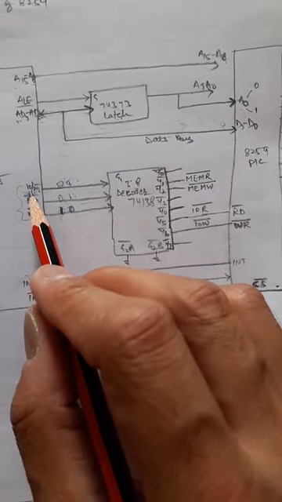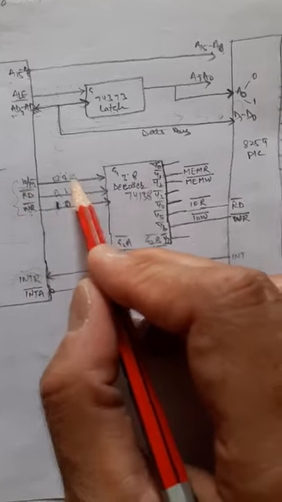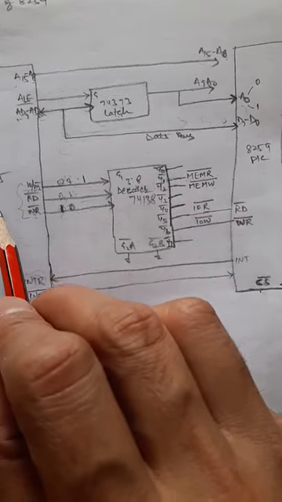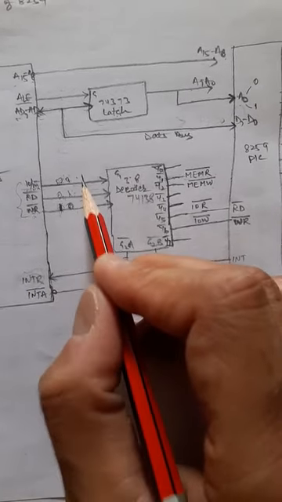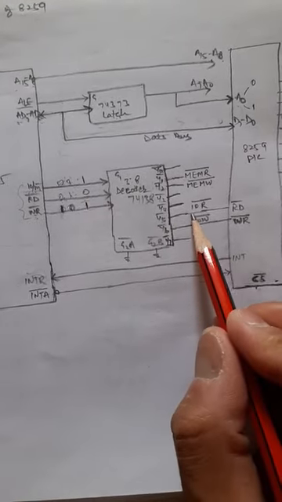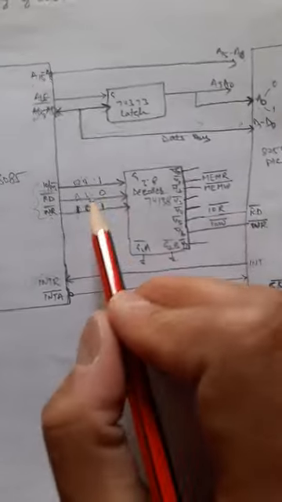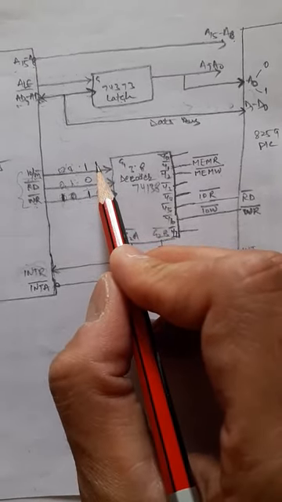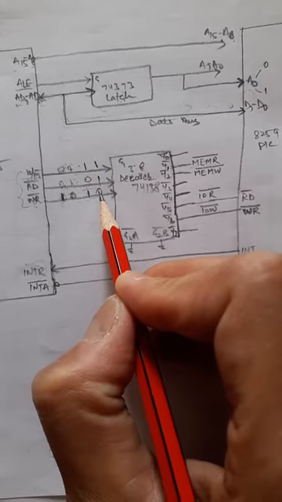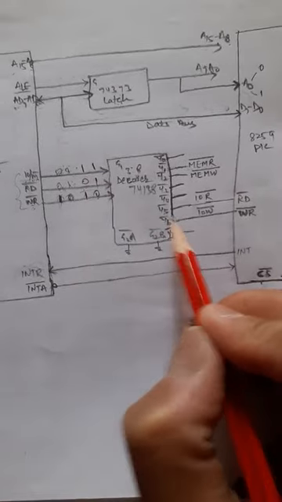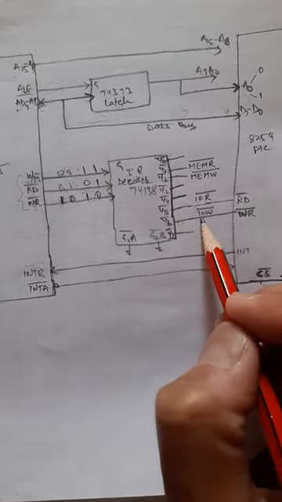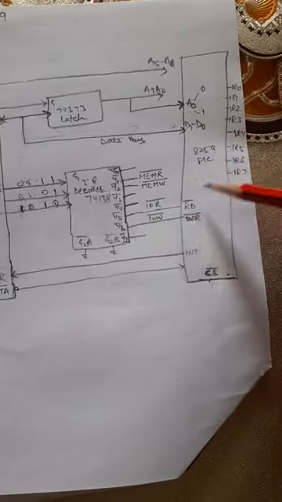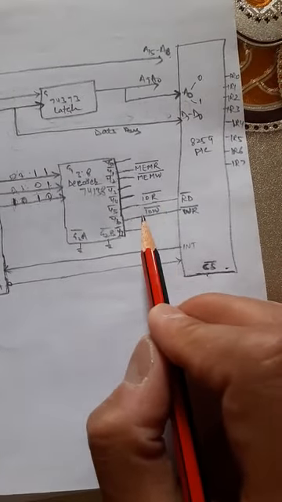Suppose I want to do IO read. So what is IO read? For an IO operation this signal should be 1, for a read operation it should be 0, and the last should be 1. So 1 0 1, at Y5. So Y5 bar will have IO read bar. If I want IO write, then this should be 1 1 and 0. This 1 indicates an IO operation, and this 0 indicates a write operation. So 1 1 0 is 6, so at Y6 bar it is IO write.